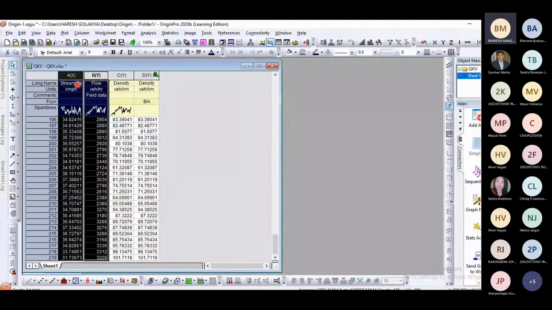You have to be very clear about which data you want on the y-axis and which data you require on the x-axis. Mostly on the y-axis, we choose the response variable, right? And the independent variable we select on the x-axis. So stream speed is independent of anything. It is not depending on flow or density, right? So it is the independent variable, and flow and density are dependent variables. So here I have taken that on the y-axis. So now these two columns are selected.